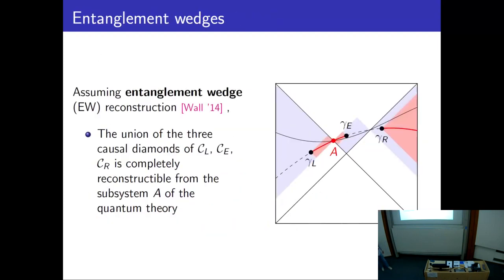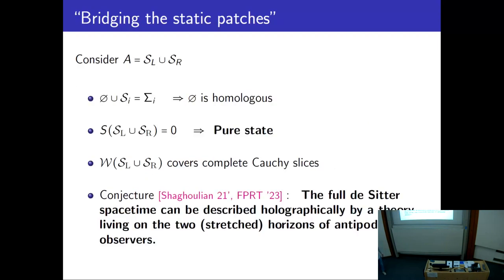So with this, we have basically a duality: given some subsystem of the quantum theory, we can find the subsystem of the bulk that's encoded on it. And now I'll try to quickly apply this prescription to simple subsystems. The simplest one that's non-trivial would be just the full holographic system, so the two screens.